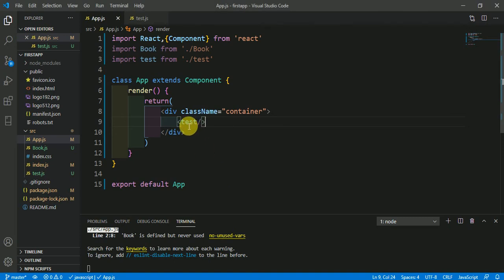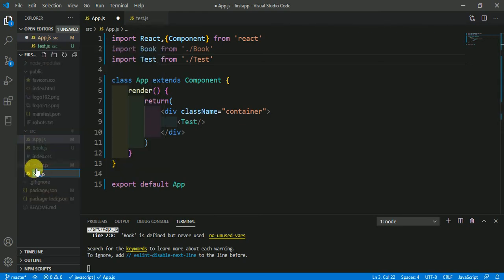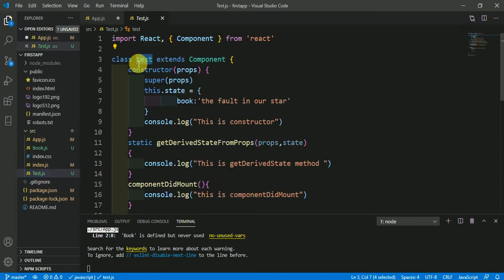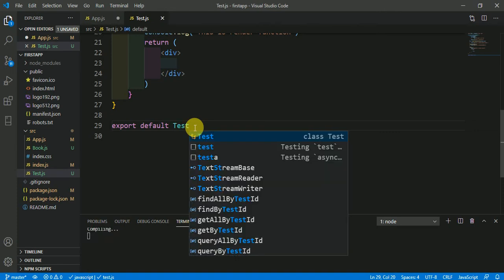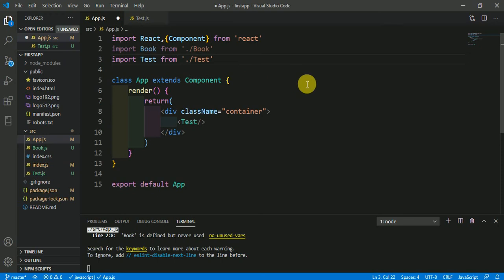So we have to write Test with an uppercase letter. I am renaming it like this, the file to Test.js and here also to Test, with capital T. I just showed you this error so you could understand that you cannot render this in lowercase.